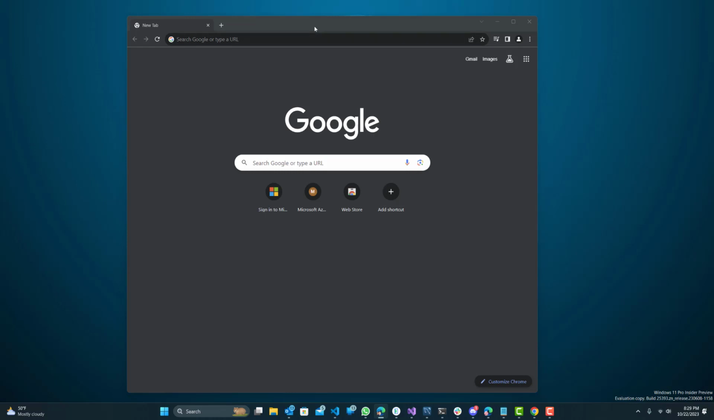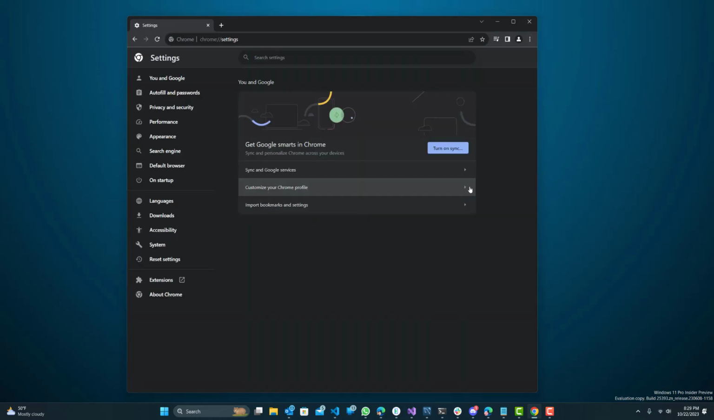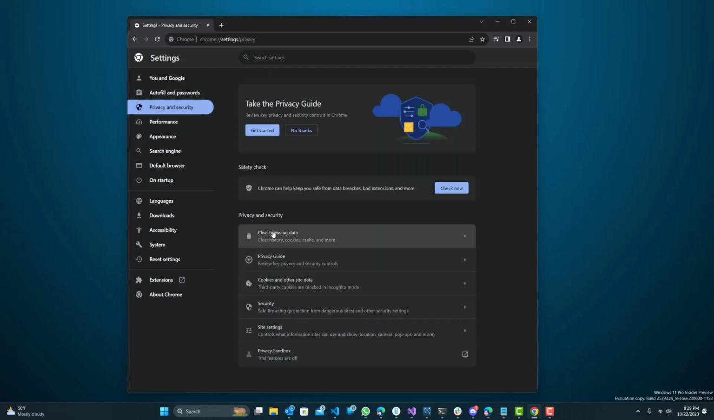What you want to do is open up your browser, whichever browser you use to play Roblox on. I have Google Chrome open. You want to click this drop down, go to settings. Even if you're using another browser, this is very similar on most browsers, so you should be able to easily find it. Once you're over here, go to privacy and security and click clear